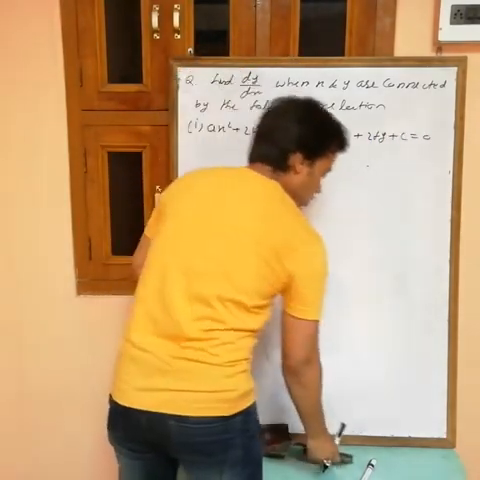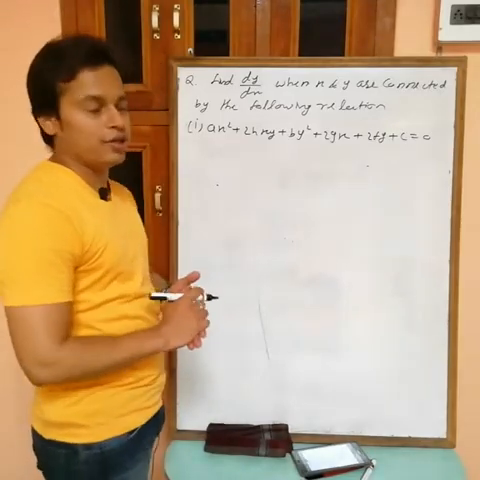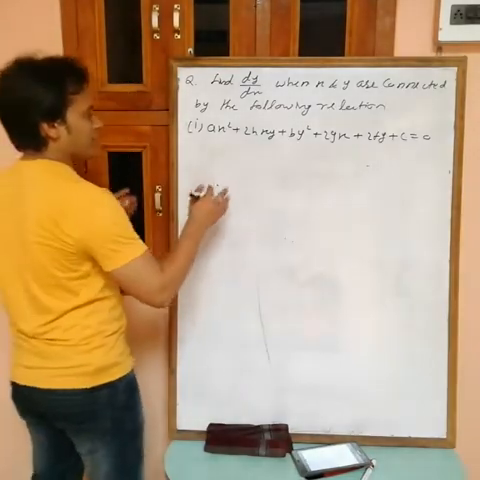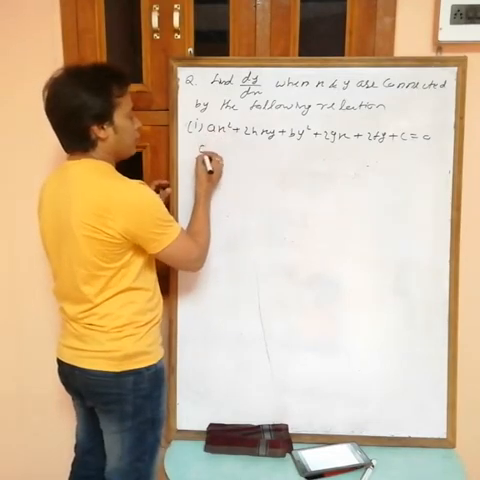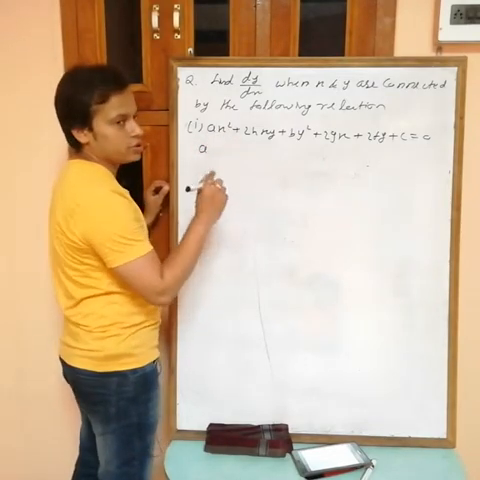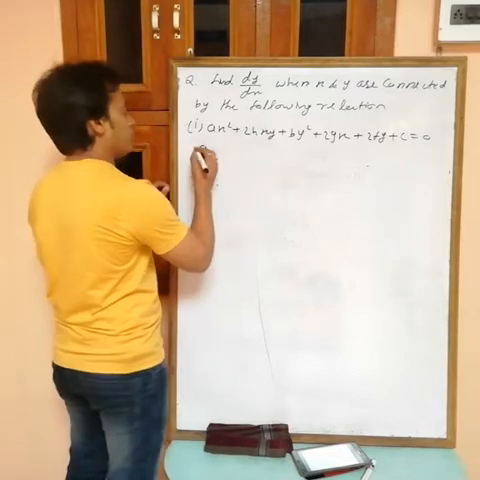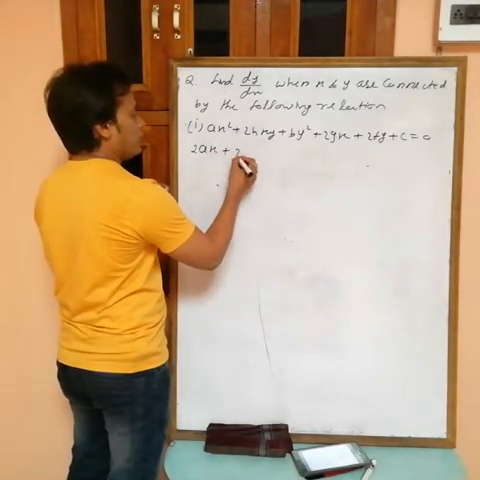What is this one? Actually, this is the general second-degree equation. So what do you want? dy by dx. Just directly differentiate, we can differentiate. Now the differentiation of x square is, by x power n formula, n x power n minus 1, so 2x, plus 2h